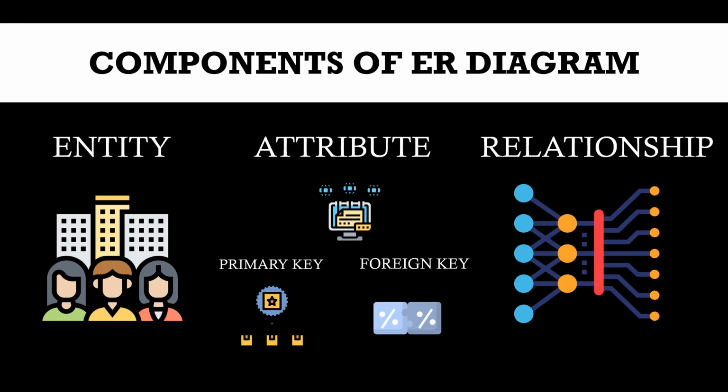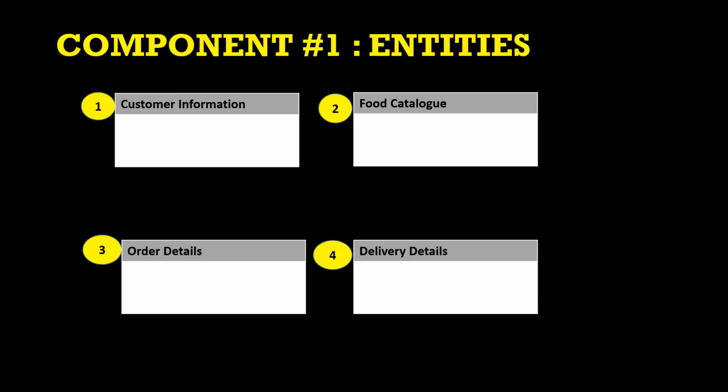Now that we know the components, let's go back to our case study to further understand how these components are used in ERDs. First, Tina must define the first component, which is the list of entities. She has grouped the data into 4 entities. Each table is equivalent to one entity in a database. As mentioned earlier, the entities are represented by a rectangular shape with details of the data at the header.